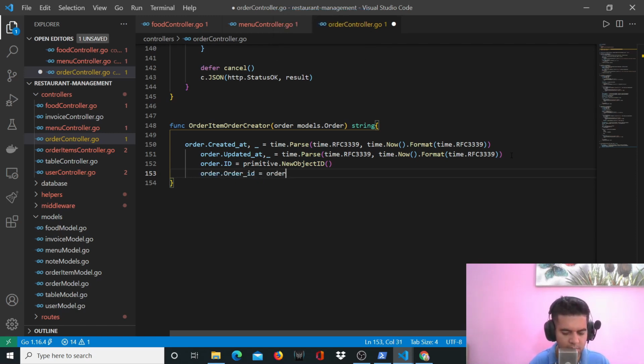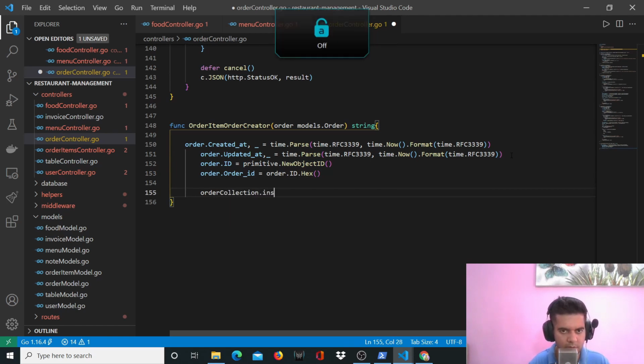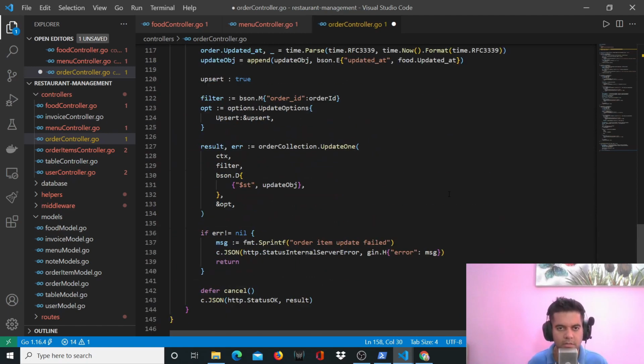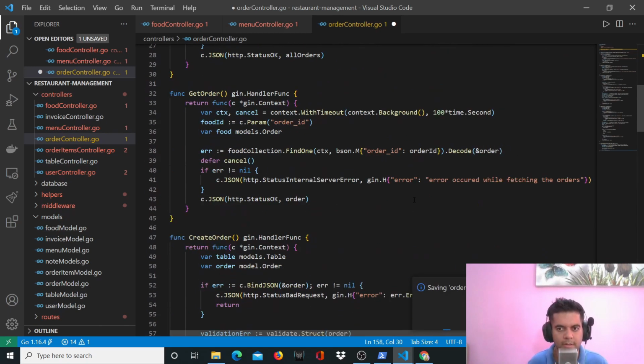Primitive.NewObjectID is equal to order.ID.Hex. Okay, and orderCollection.InsertOne ctx, order, defer cancel, return order.Order_id, order_id. Okay, so now this file is complete,